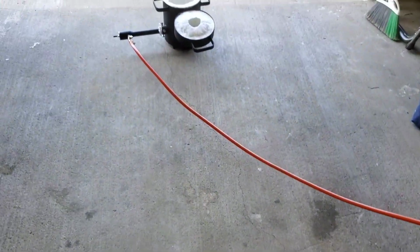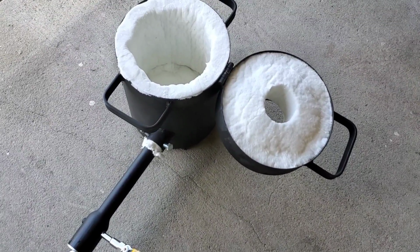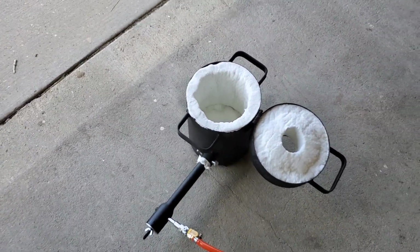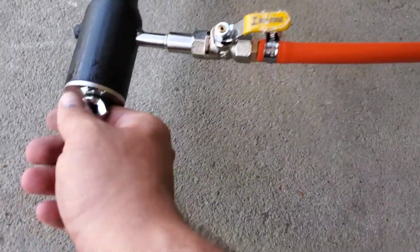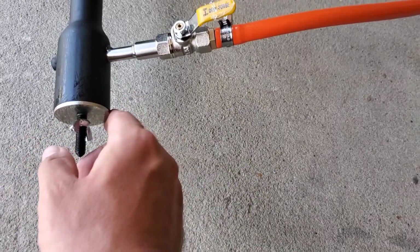So there we go, it's all set up. Now I have it out here, pretty much where I'm going to be using it at, right at the stoop of my garage. So hopefully all the heat kind of bounces out. So let's see here. We have the choke. This is a set screw for the choke. So once you get that adjusted,